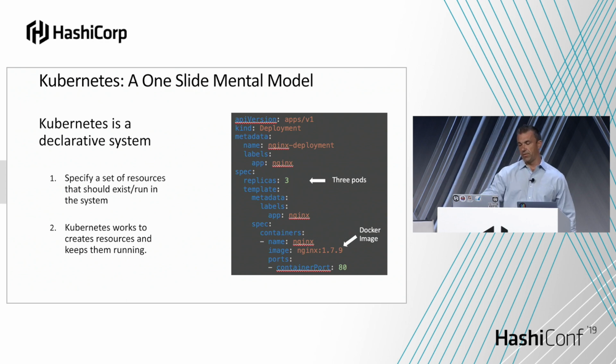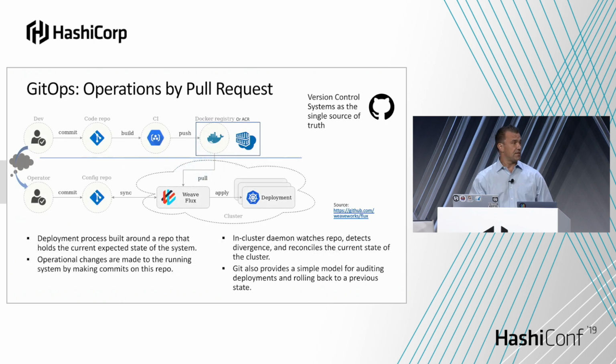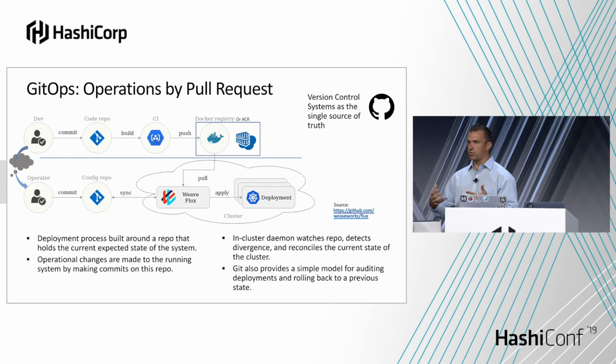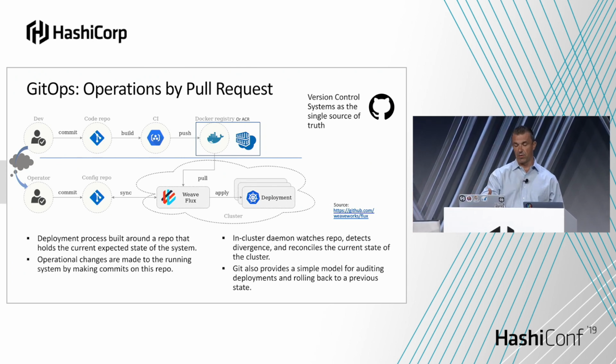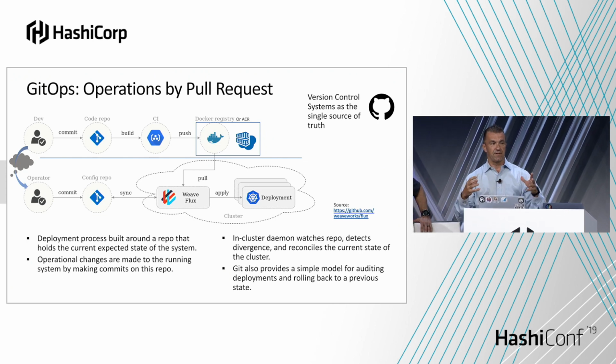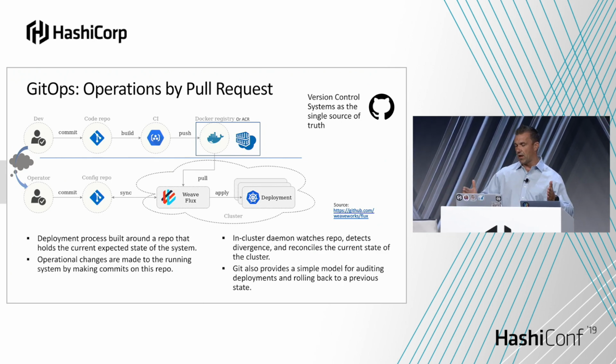Just a side note, you probably already know this: Kubernetes is a declarative system. You specify a set of resources, and then Kubernetes works to figure out exactly how the infrastructure should look. So a textual manifest declares the desired state. What that means is, if we can declare a state via source files, we can have a piece of software, being Weave Flux, that pulls the state of the system, or what it should be, and reconciles it with the current state. And this is where the GitOps workflow